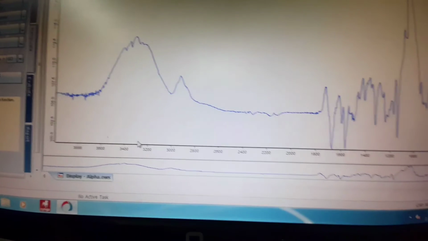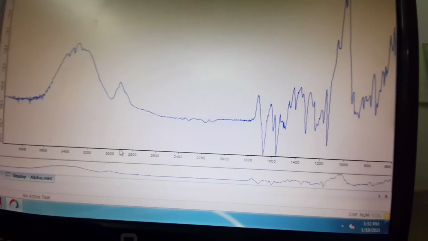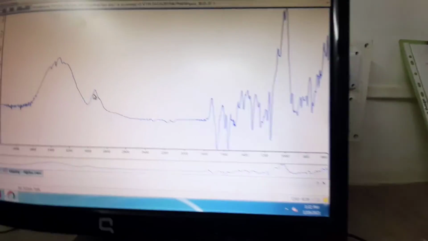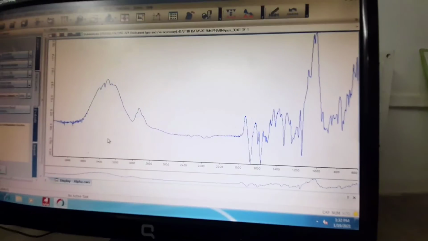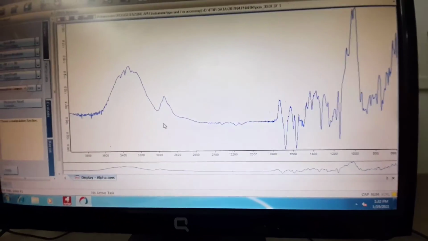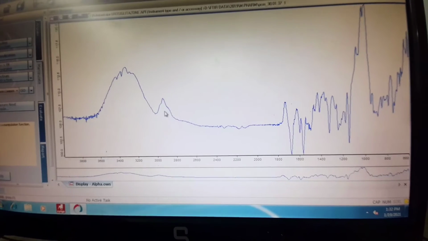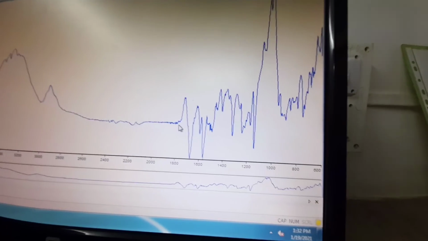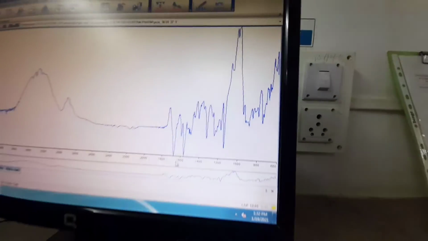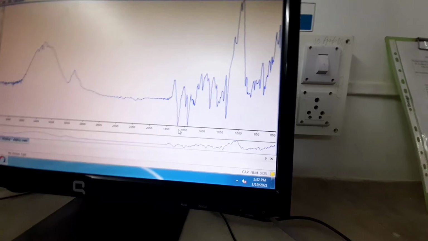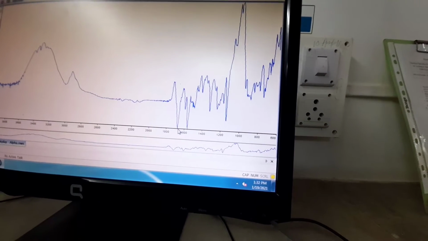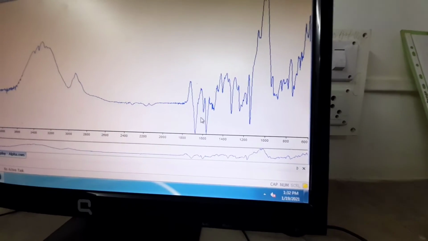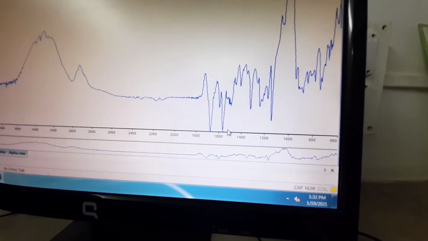Around the 3200 region, you will get one peak, and in the 3000 to 2000 region you will get another peak. This peak is due to some carbonyl functions, because your sample is furosemide, containing one carboxylic group, COOH group, and due to this group you will get this peak. In another region you will get a very nice peak, around 1700, and simultaneously another peak we are getting.